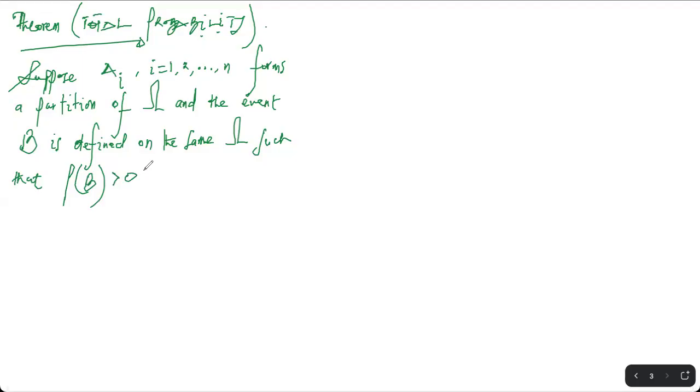Because if the probability of B becomes 0, then we don't even have a conversation to have in the first place. So there has to be a positive probability. Okay, then